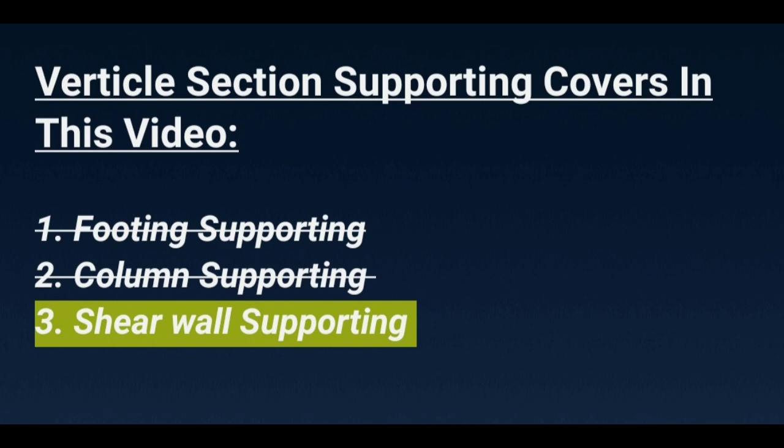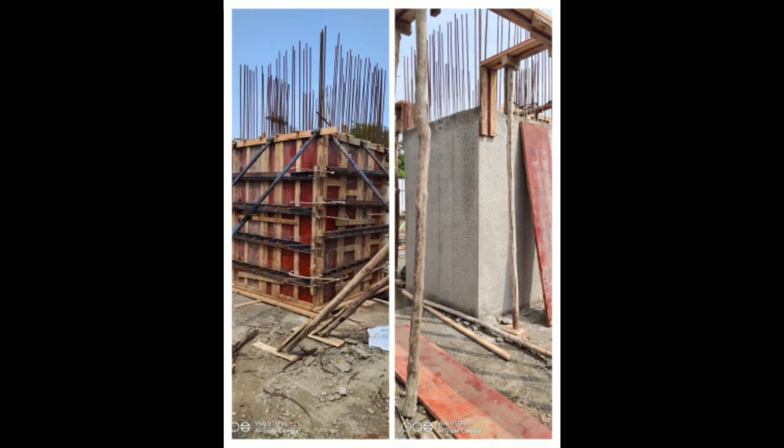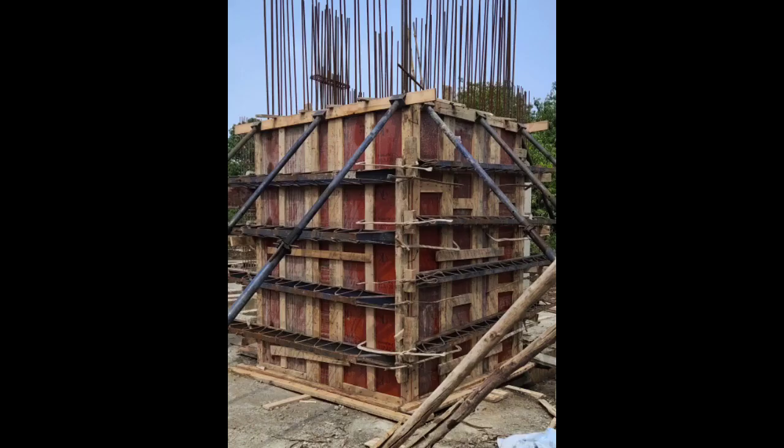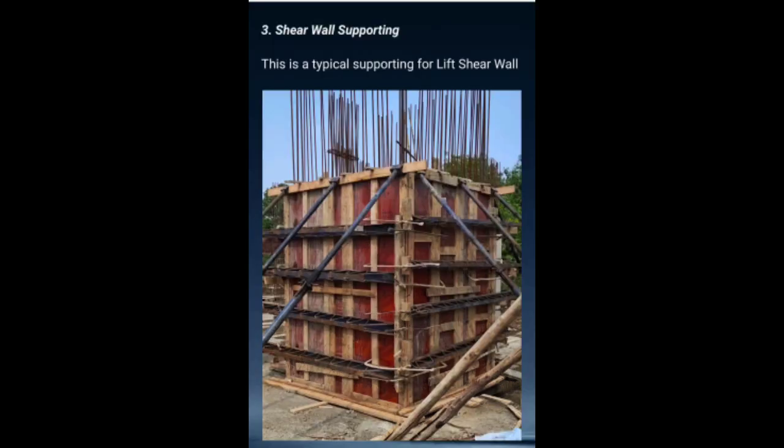Topic 3, shear wall supporting. Here we can see the shear wall before and after shuttering and casting. Now we can see the spans are laid horizontally over the plywood. Vertical supports of the span are also required, and the span is supported by wooden props or maybe steel props. Steel props are always better than wooden props because shear walls have major pressures